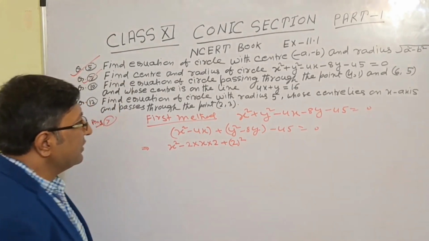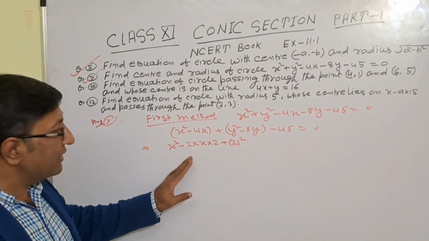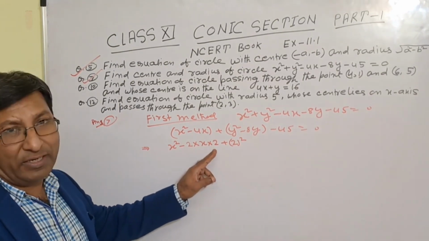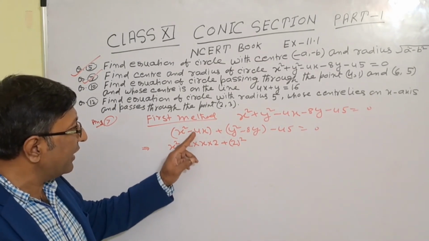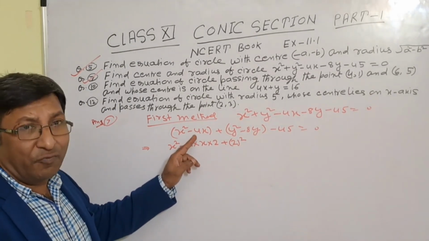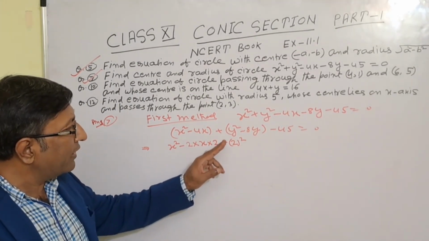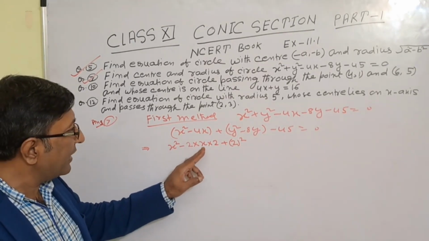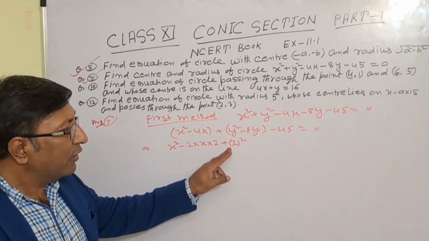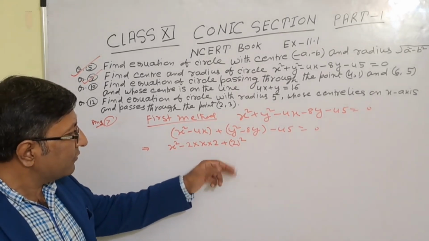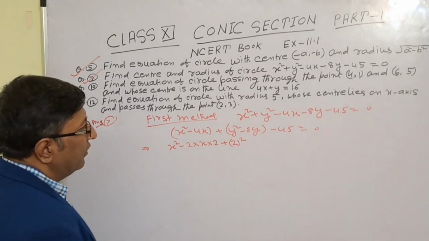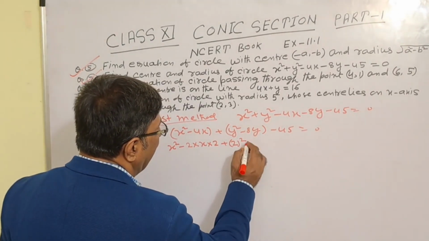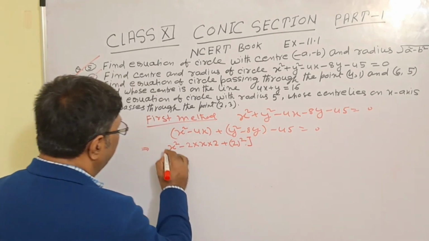Right? So this is x² − 2ab. a is given as x and b is not given. So this is 2x, but here 4x. So 2 times 2 is 4, so b will be 2. So plus b². Now you see x² − 4x, so this is plus 2². So it is extra. So right here, this is the first group.